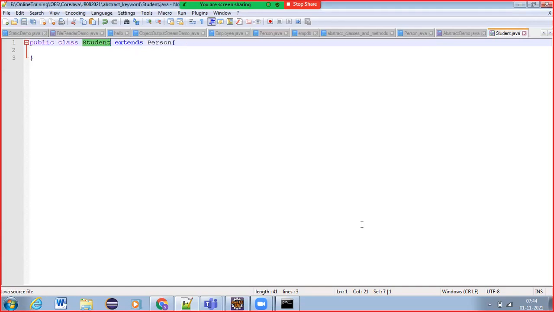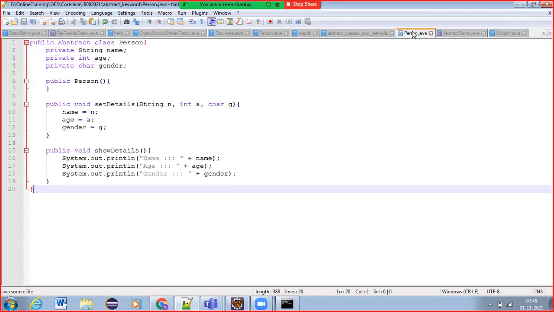And while writing the subclass, it is your choice whether you want to write any other member variables and member methods in this student class or not. That is up to you. But at least you need to write like this. As of now, in the person class, we have some methods.